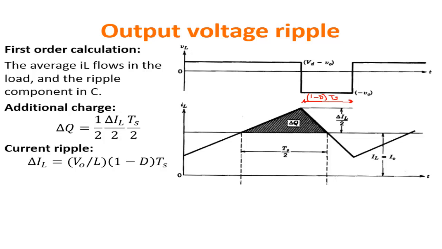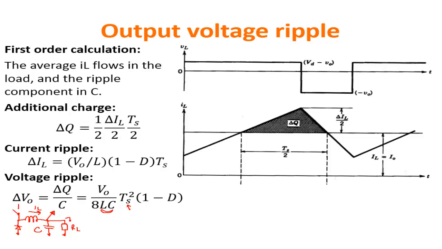So the current ripple, okay, we did already compute it before. This delta IL, you remember, is computed during the off state, is VO over L, which is the slope in the off state, times (1 minus D) times Ts, which is T off. So this is delta IL, which I can take and put here in order to compute delta Q,